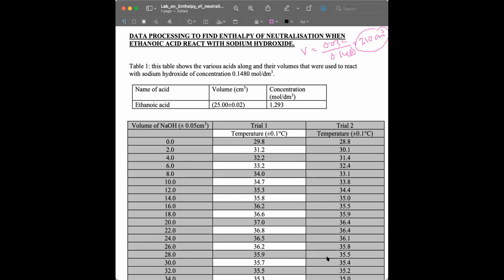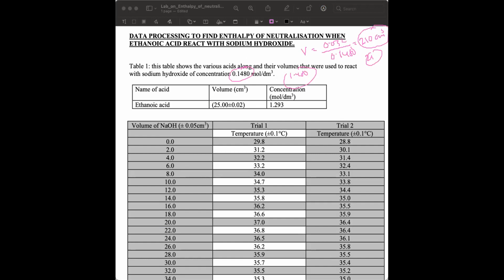So how does it make sense? What kind of data is she given? Exactly my point. The deviation will be very high. This is what I had told. So should we conclude the experiment as a failure? You can show her this: you're telling more than 10 times what the reading should have been. Or another reason could be a mistake here. Instead of 0.1480 this should be 1.480. Then it will be equal, 21 centimeter cube. Then it is manageable and looks reasonable. That may be one mistake.